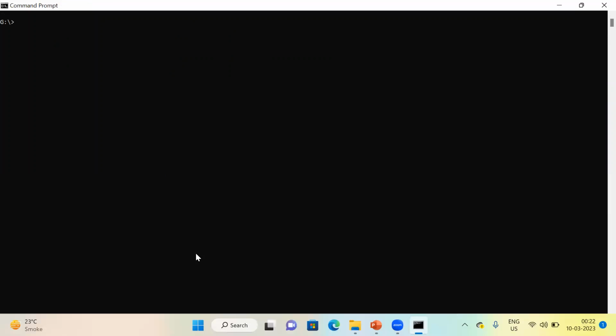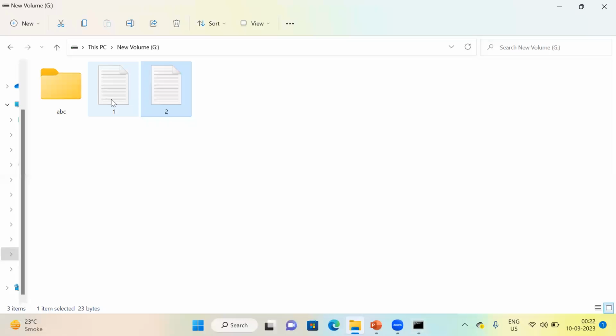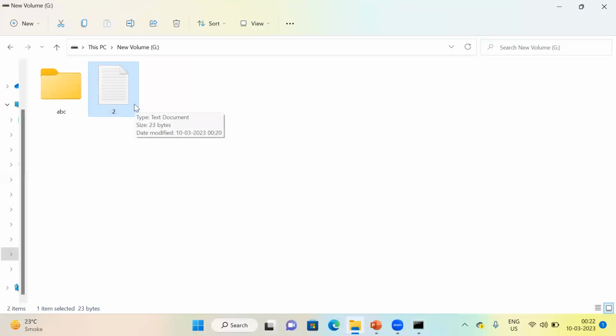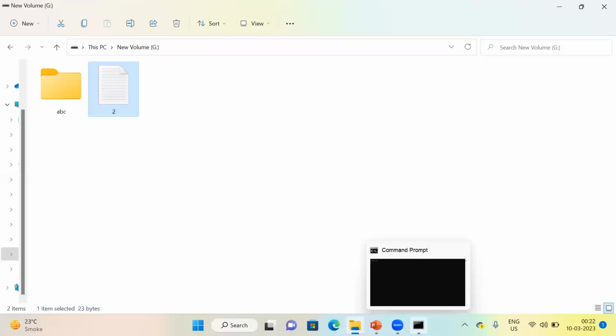Now we have some items here, right? Some is 1.txt, 2.txt, abc. So two files here, one directory abc. If I want to remove that directory, you can just use rmdir, right? If I want to delete files, I can use del 1.txt. So just press the enter and the 1.txt is deleted, right? So I hope that you got it right, how to delete any particular file